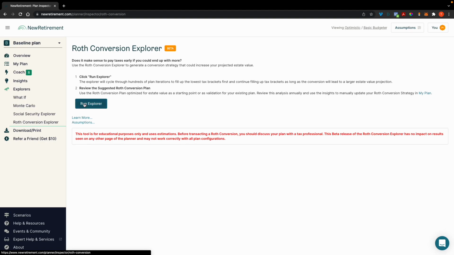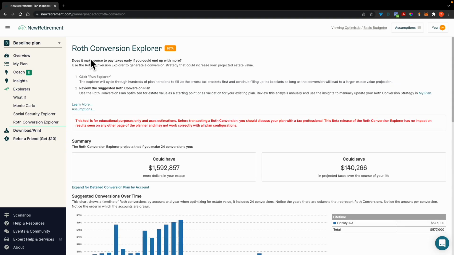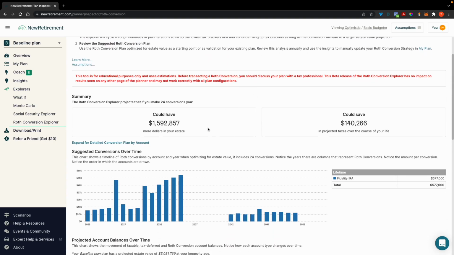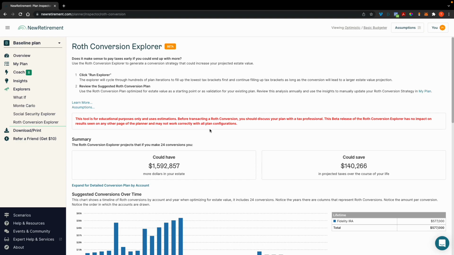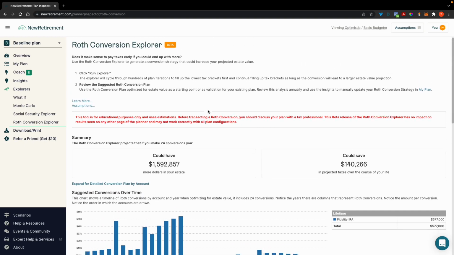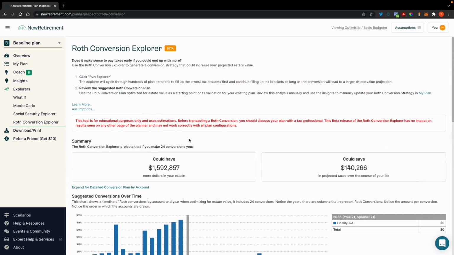And then in the Roth conversion area, you can actually run the tool to tell you, based off of what I have inputted into the system, based off of my age, my account size, my portfolio type, where assets are held, my forecasted tax bracket, how long I think my retirement's going to last, how much I'm spending, based on all of the inputs that you have plugged into NewRetirement, it's telling you that if you want to just start filling up, what NewRetirement does is it fills up the lowest tax brackets first, and then continues to fill up tax brackets as long as the conversion will lead to a higher estate value projection.